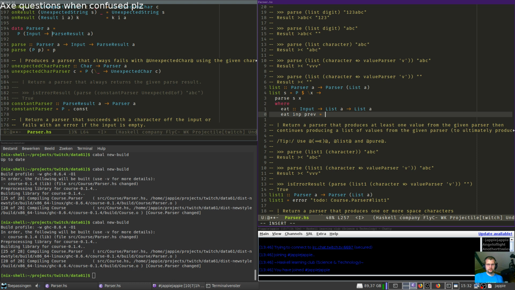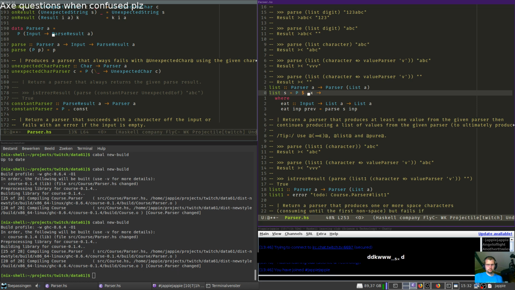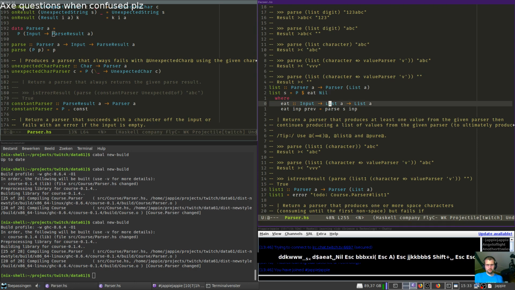Okay, now we need to parse the imp with parser S. Yeah.